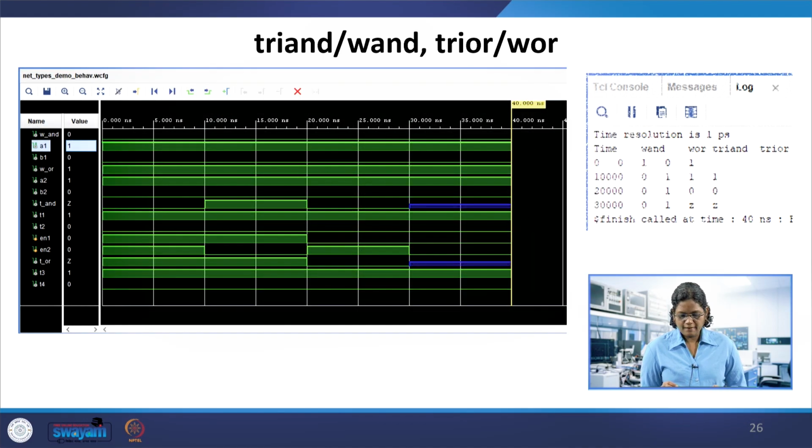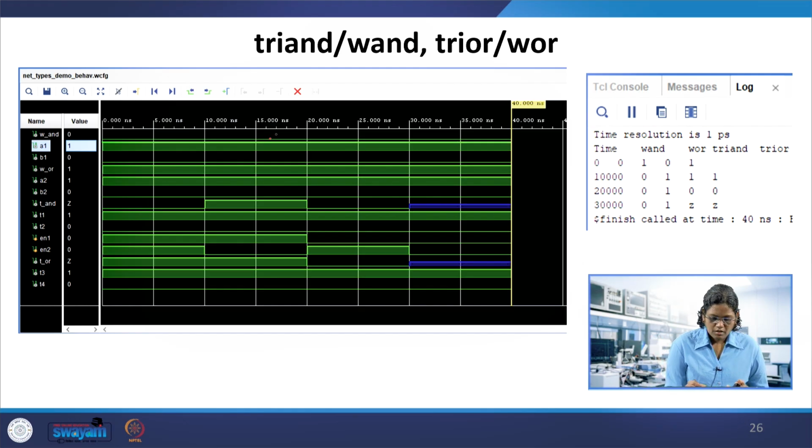Let us see here. The outputs are specified here: wire AND, wire R, tri-AND and tri-R. The first case, at 0, is giving 0, and then 1 and 0 1.